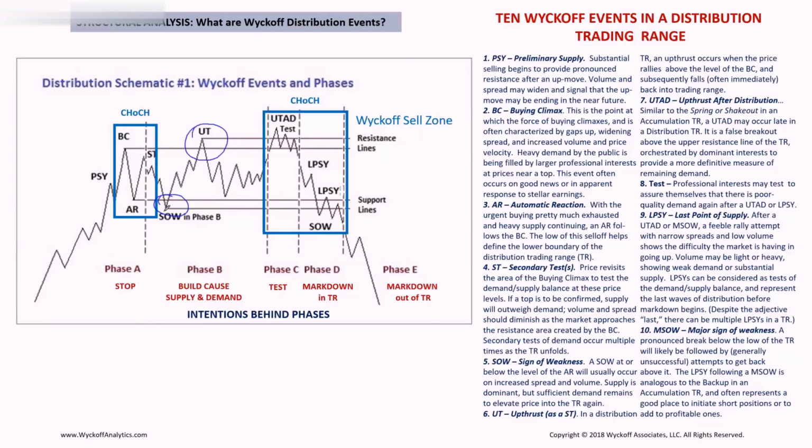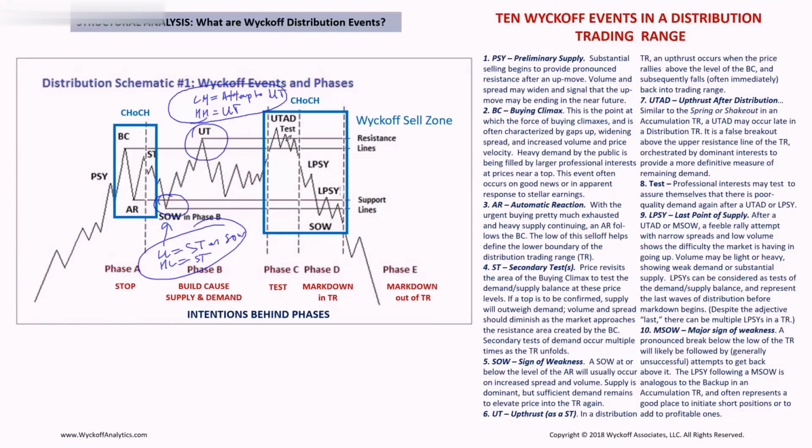And if the test at the support is a low, then we're going to label it as a secondary test, a sign of weakness in phase B. High-low is going to be just a secondary test. And then, excuse me, a lower high in phase B is going to be labeled as an attempt to upthrust. And a higher high is going to be an upthrust. So these are the labels and definitions in phase B. And then